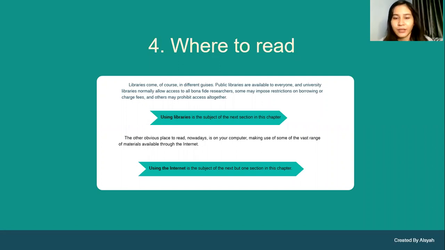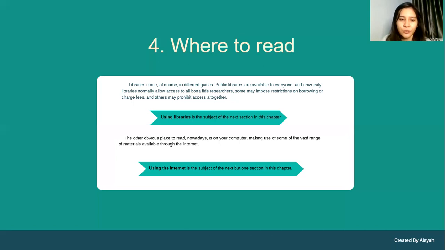Public libraries are available to everyone, and university libraries normally allow access to all bona fide researchers. Some may impose restrictions on borrowing or charge fees, and others may prohibit access altogether. Using libraries is the subject of the next section in this chapter.